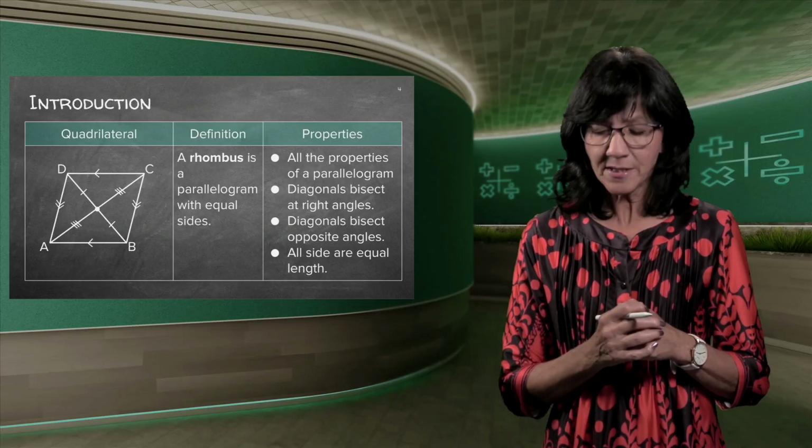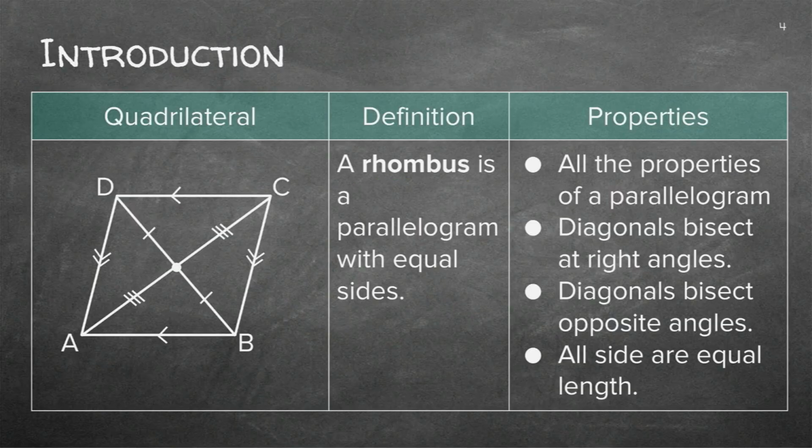Then a rhombus. A rhombus actually is a parallelogram with all sides equal. That's maybe the easiest way to describe it. So that's the definition. It's a parallelogram with equal sides. So all the properties, as it says there, all the properties of a parallelogram are also the properties of a rhombus. But here's a very, very important one. The diagonals bisect at right angles. That means 90 degrees. And I'm going to put a big NB here. A big NB.